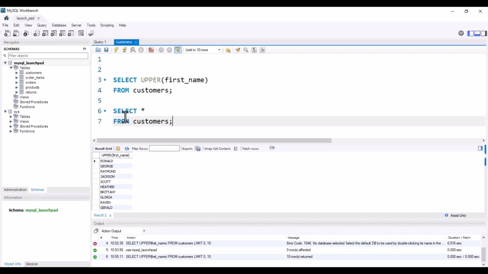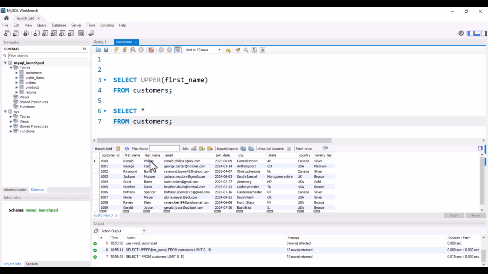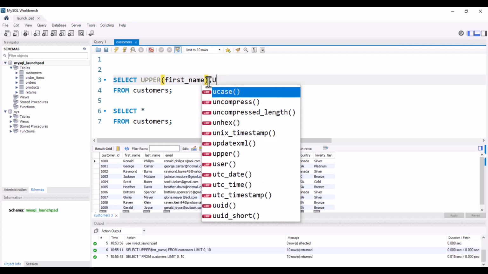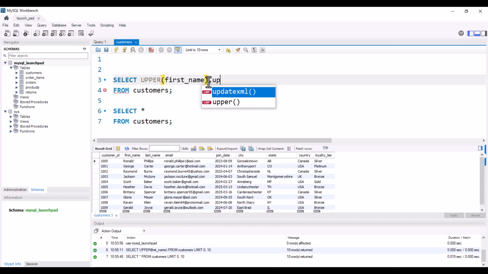Let me run this query particularly. Let's say we needed the last name and the email, so we can simply include it here in our first query, comma. Let's say the last name also we want to be in capital letters, so that will be upper. As we said earlier in our first lesson, MySQL is case insensitive. You can write your function in uppercase or lowercase, so either way is correct. Let's say upper of last name, and likewise, let's say we needed their email also, so let's just include it there, that email,